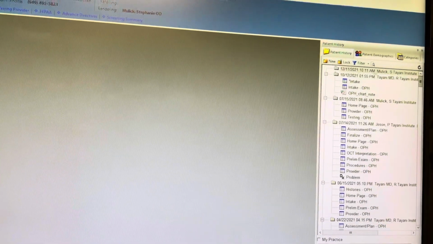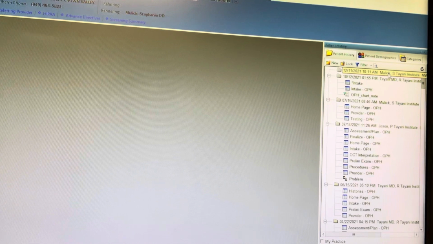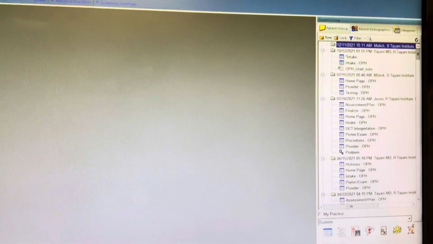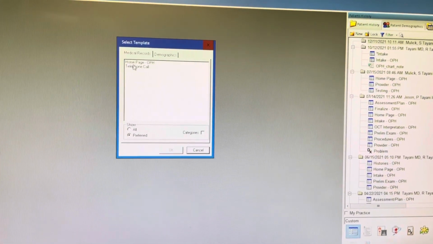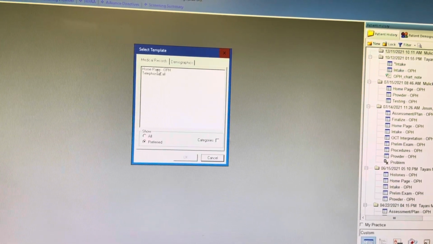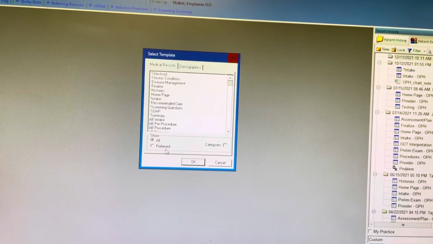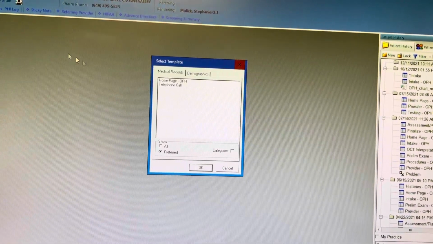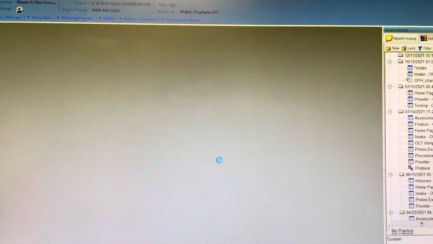Once you have a patient chart open, as long as they've come in, there will be a date with today's date and your provider. Once you have that, you can go down to the little squares, and as long as you have put in your preferences, your templates, you can go to homepage OPH. Otherwise, it'll be in all. You can go to my other video that shows how to put in the preferred template. You'll go into the template,